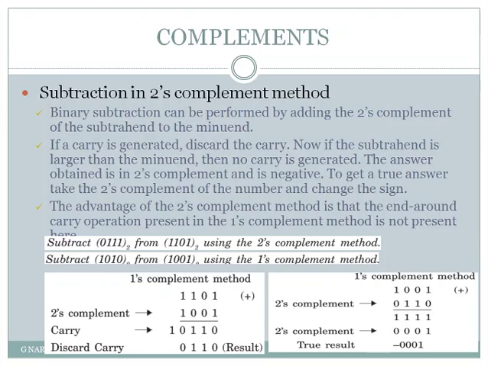But we can also see that there is one advantage of the two's complement method over one's complement method. What is it? In case the subtrahend is smaller than the minuend, then the carry is generated in both the cases, in one's complement method and also in two's complement method. When subtrahend is smaller than the minuend, a carry is generated. But what we will do in one's complement method, we will remove that carry from that position and we will add it to the result.